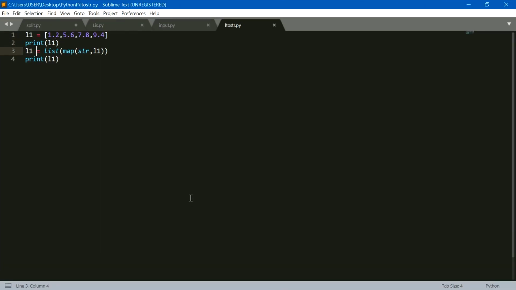First, using a hash, you can comment the line. We use the same map function. First we convert all the float numbers of L1 into strings. After that we use a join function. What is a join function? Basically, a join function in Python combines all separate string elements into one string.